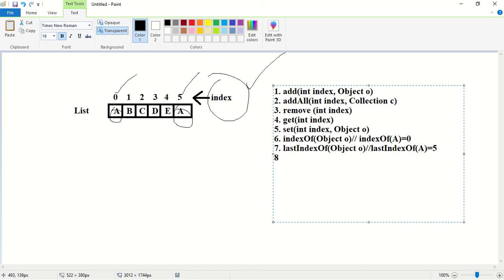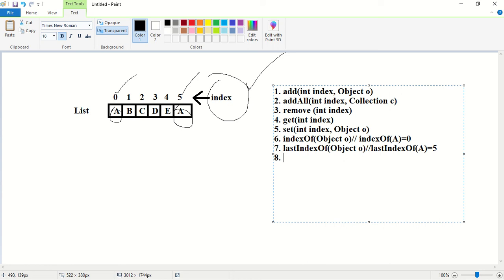Next, the 8th method. What is the 8th method? If I want to access the list elements one by one, what should I do? I should go for a cursor. What is the cursor for list elements?